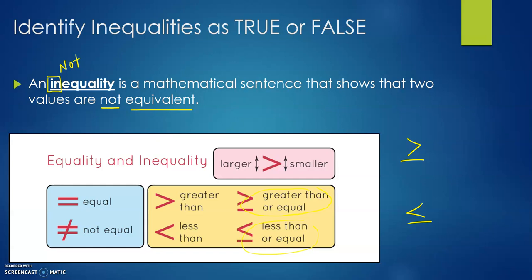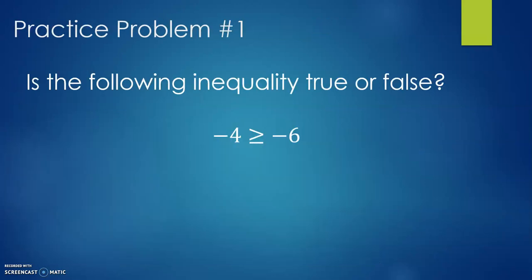For these two right here, you can think about it as a greater than sign and half of an equal sign, and then a less than sign and half of an equal sign. So that can help your brain remember the name. So what this means, first of all, we're going to decide, is this a true or false statement? Now,